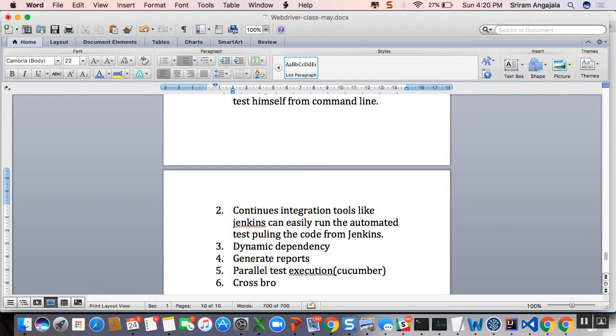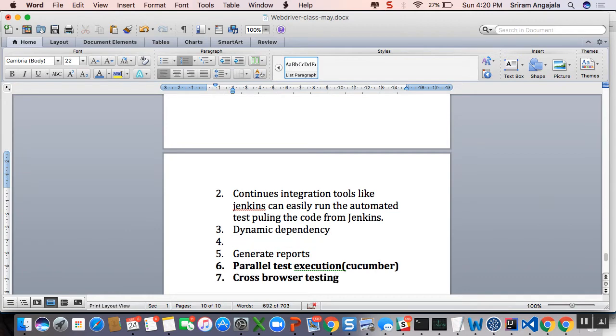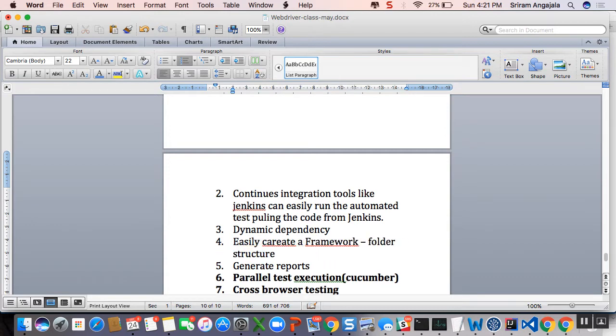A couple of things which I will discuss later, but put it for now. It also will do a parallel test execution and it also helps in cross browser testing. I'll come back to this. Okay, it creates the basic